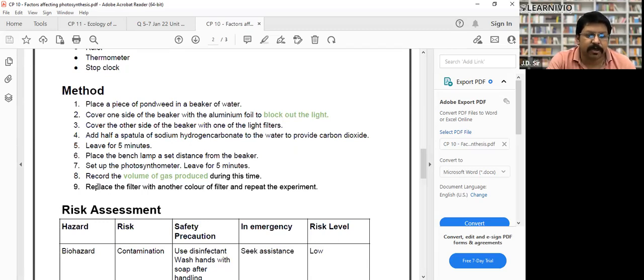Cover one side of the beaker with the aluminum foil. So block out the light. First, we have to cover the beaker with the aluminum foil so that light does not go inside. Cover the other side of the beaker with one of the light filters. We have to use the light filter so that light does not go through. Add half a spatula of sodium hydrogen carbonate to the water to provide the carbon dioxide, right? To provide carbon dioxide, because you have blocked the beaker, so carbon dioxide from the external environment